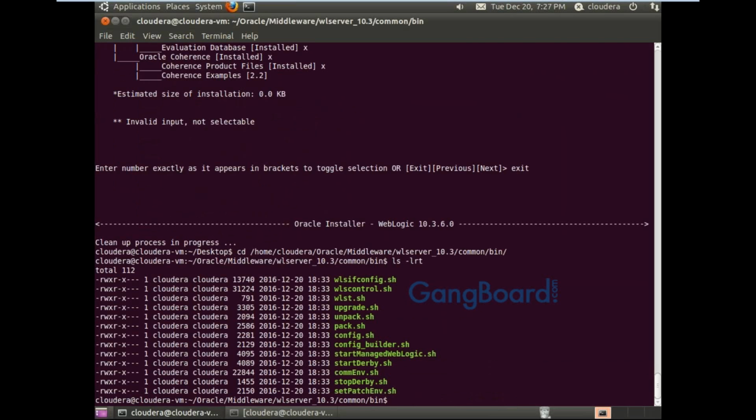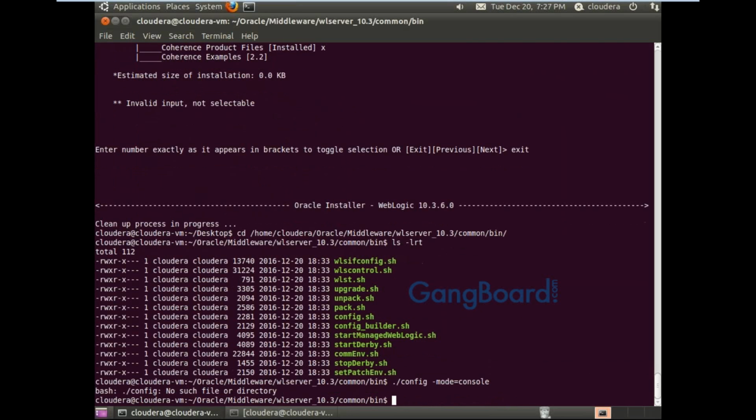Here there is config.sh. So dot slash config.sh hyphen mode is equal to console. No such file or directory.